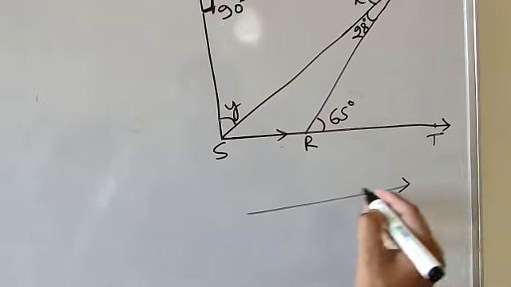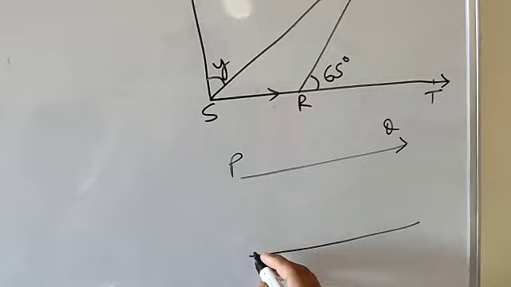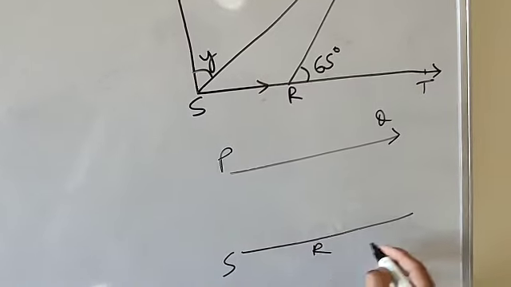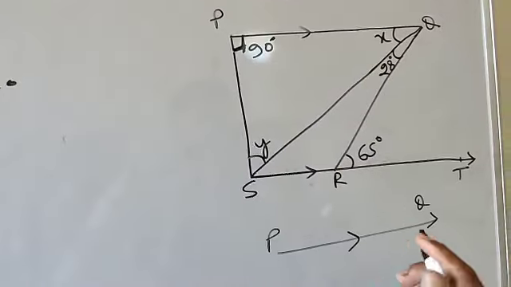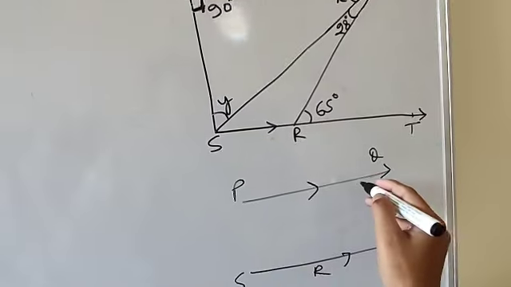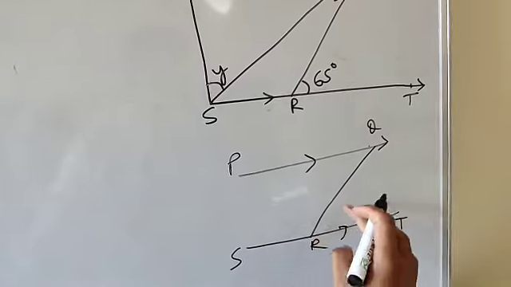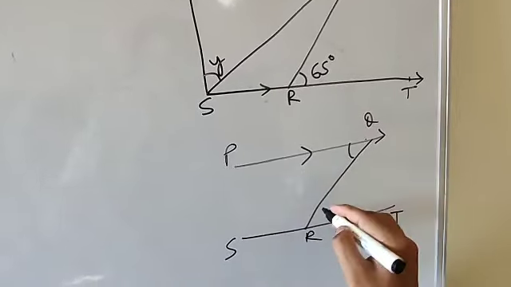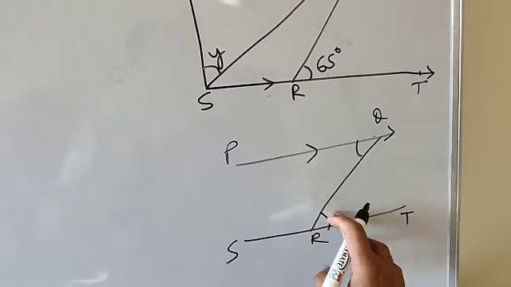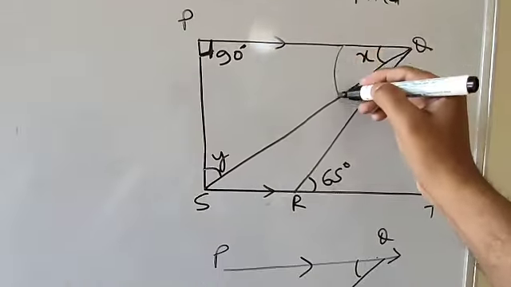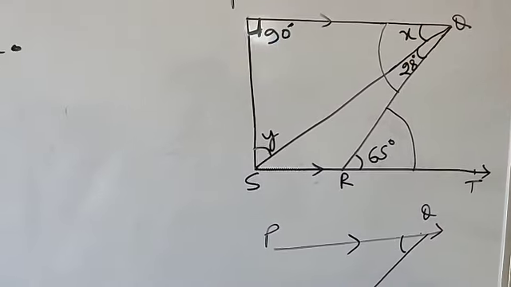So students, here PQ, I am going to draw it separately. Suppose here it is PQ and here it is SR, which is going to be extended. It is SRT. These two lines are parallel, as given in the question. And here QR is like this. QR is going to intersect both the parallel lines. So these two angles will be alternate interior angles, so both will be equal. In this diagram, this angle and this angle are alternate interior angles, so both will be equal.